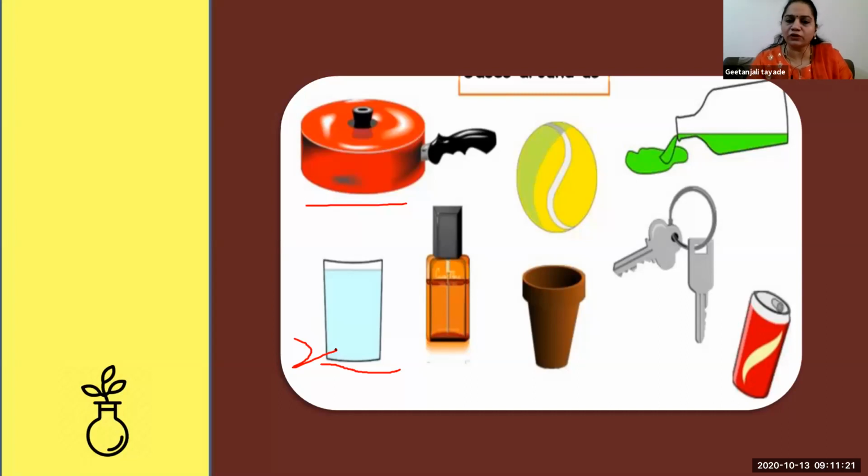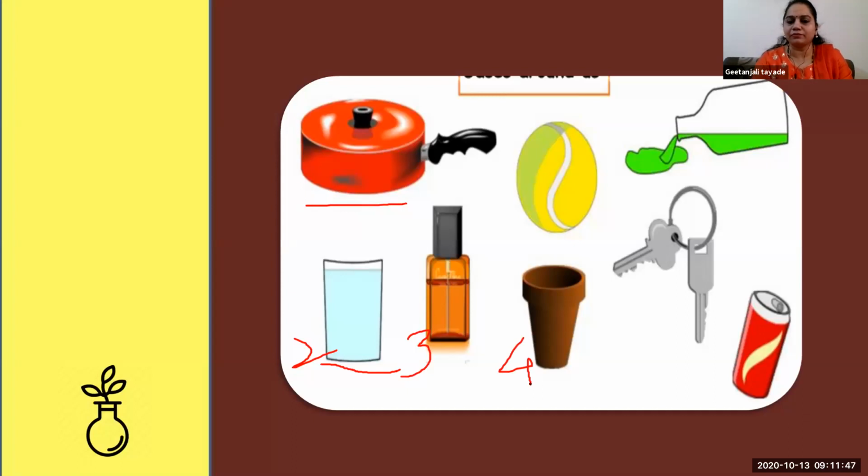Okay, so for identification of a few substances, you need to touch it, you need to handle it, then you will finally come to know what they are made up of. The third one is again a glass bottle which is transparent. The fourth one is not at all transparent, but do you feel it is metal?